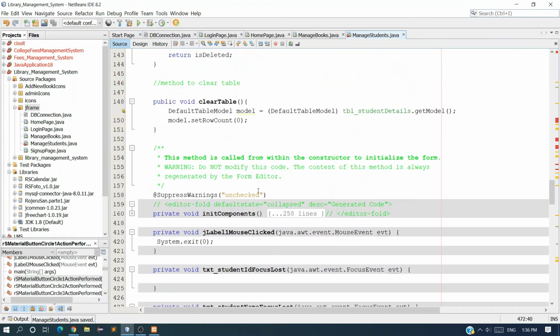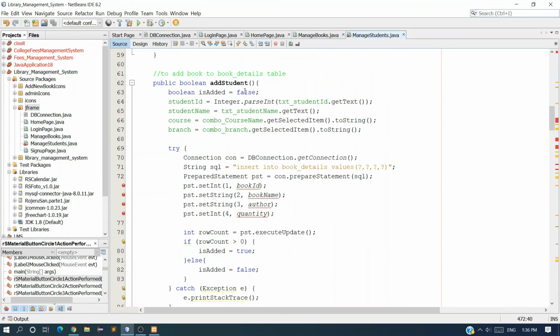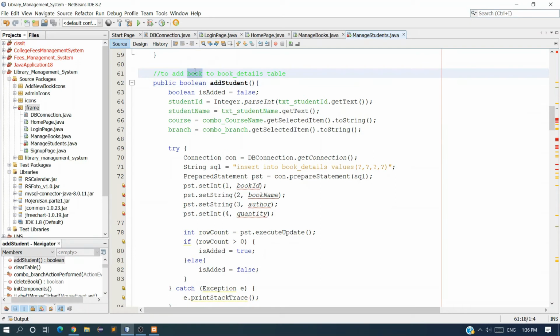Now the next is add book. We are working on the add student method. Change the comment to add student to student details table, and we get all the data from the four text fields and insert into student details, not book details. The first one is student ID. It's very simple.